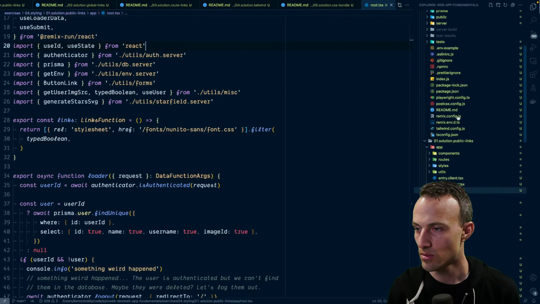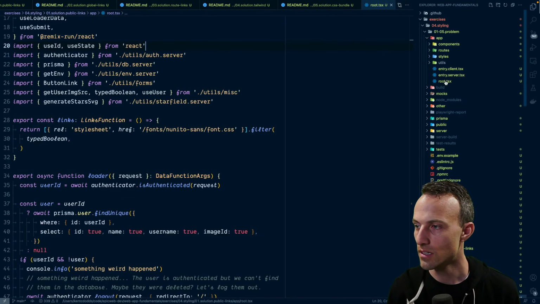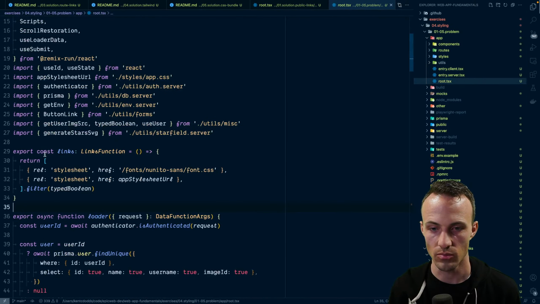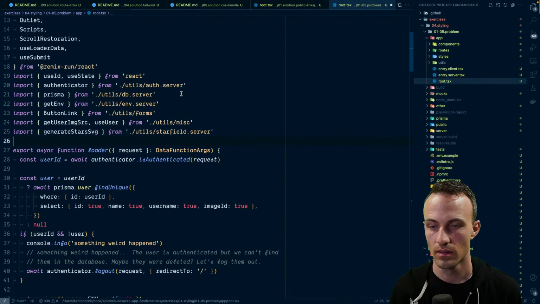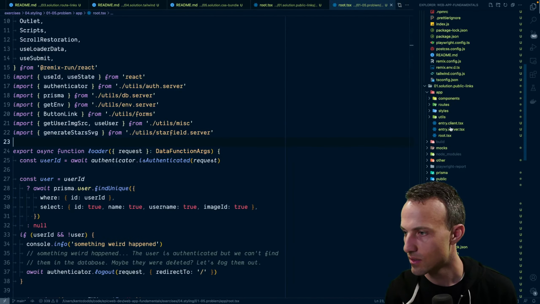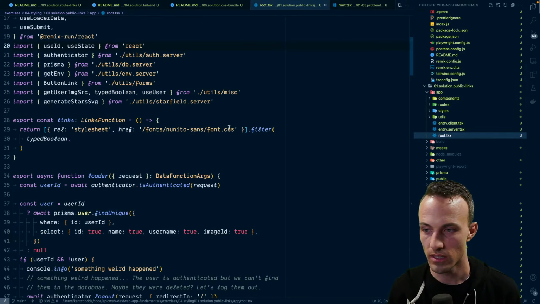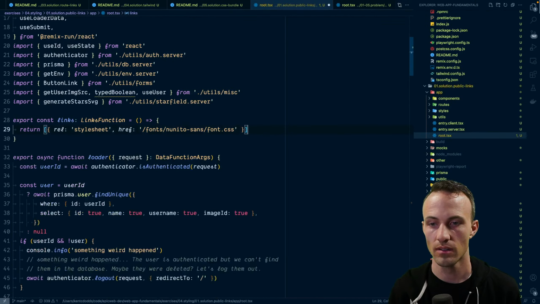So that's one change there. And then here, we don't have the links export at all.